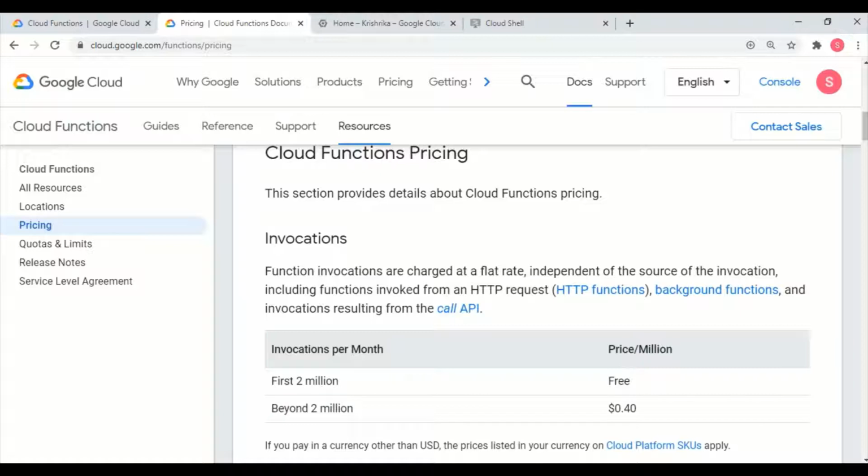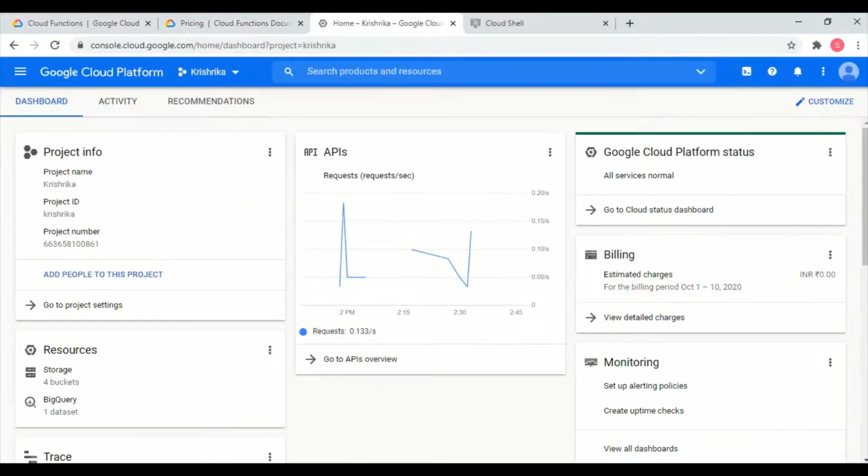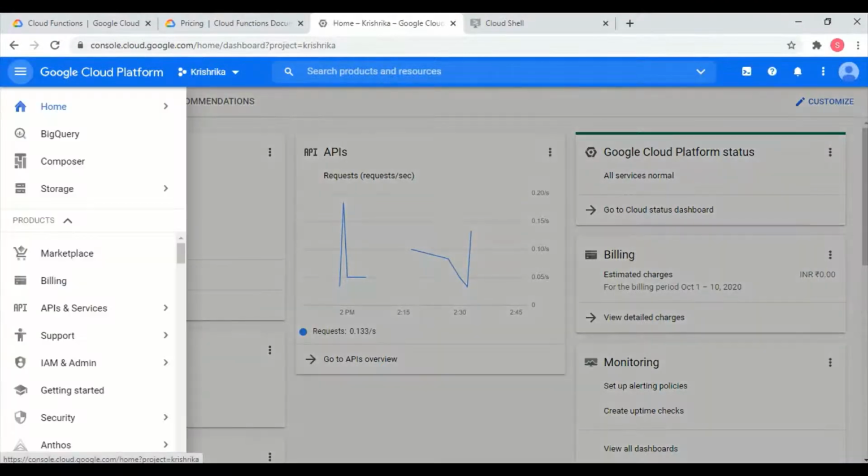We can just move ahead, and I can show you how to create the Google Cloud function. For that you first of all need a Google account, and inside that Google account you need a project, as we discussed in previous videos. These are my project IDs and project numbers. Inside that project I want to create a Google Cloud function. If I'm creating a function, first of all, I should know what functionality I want to implement.